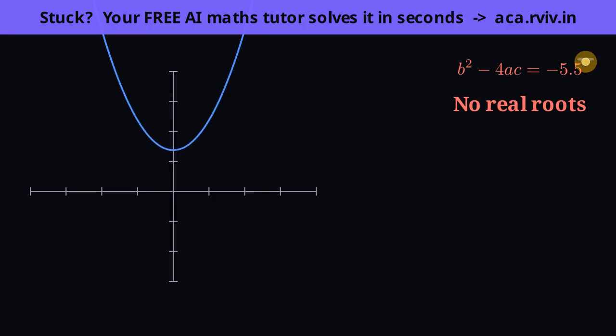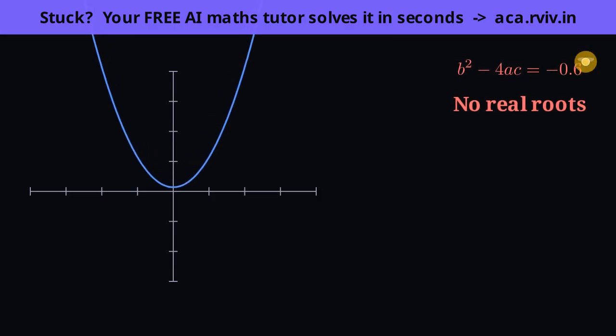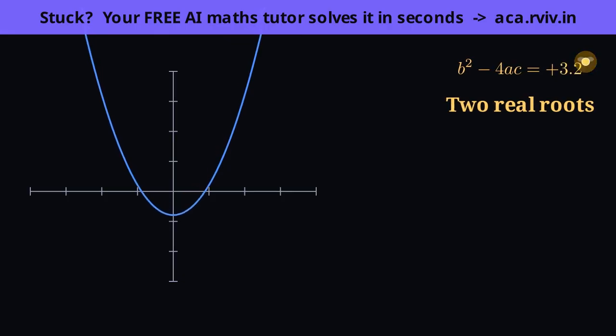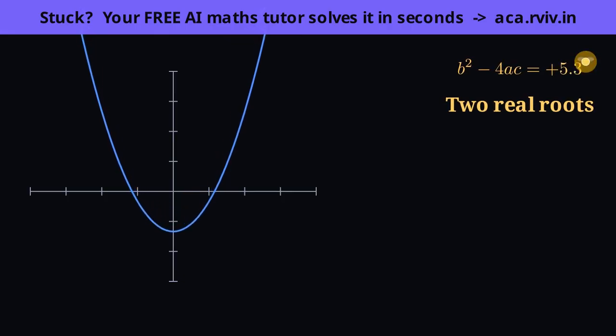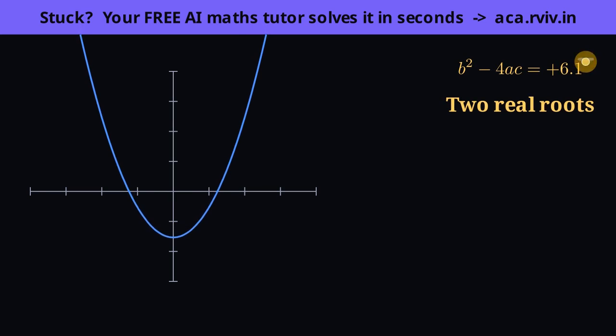So step back and see the whole story. That one number under the root, b squared minus 4ac, single-handedly decides the fate of every quadratic. If it's positive, we get two roots. If it's exactly 0, we get one repeated root. And if it's negative, we get none. Because it discriminates between the three cases, it earns its name, the discriminant. And the beauty is you can compute it in one line without solving anything, and already know how many roots to expect.